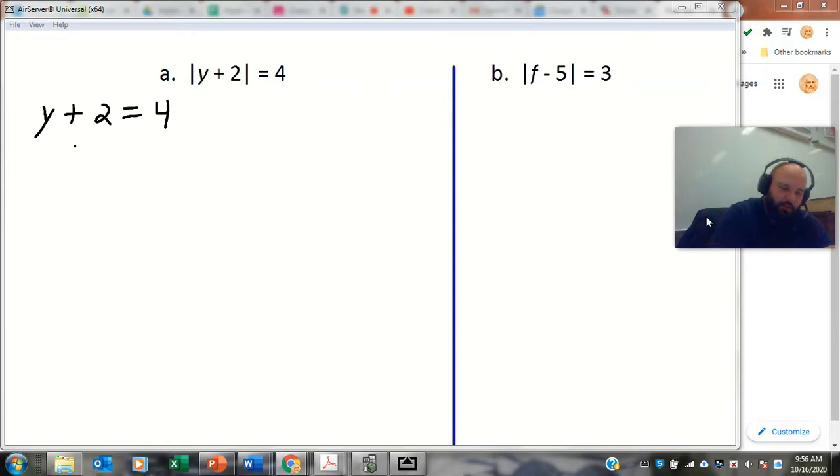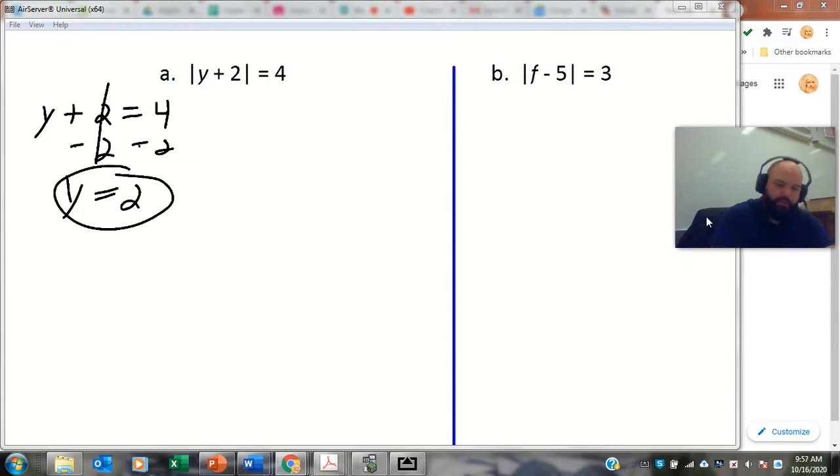So you're going to subtract 2 from both sides. And when you do that, you get y equals 2. And that's one of the two solutions. So if you plug 2 into that equation right here, you'd have 2 plus 2, which is 4, and indeed 4 equals 4. But the other equation that you get from this is you have to drop the absolute value